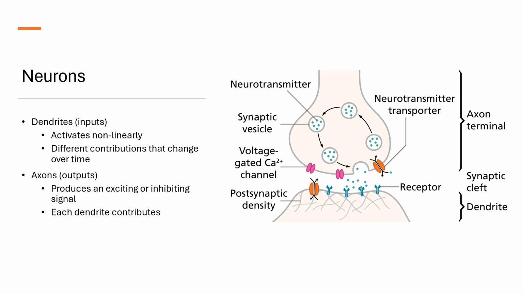First, a neuron has both dendrites or inputs and axons or outputs, which connect it to other neurons. Second, a neuron will produce an exciting or inhibiting signal along its axons based upon activations from its dendrites in a non-linear way. And finally, each dendrite contributes to whether a signal is produced in different proportions, which change over time. We will focus on these 3 principles and how to use them to build a simple mathematical model of